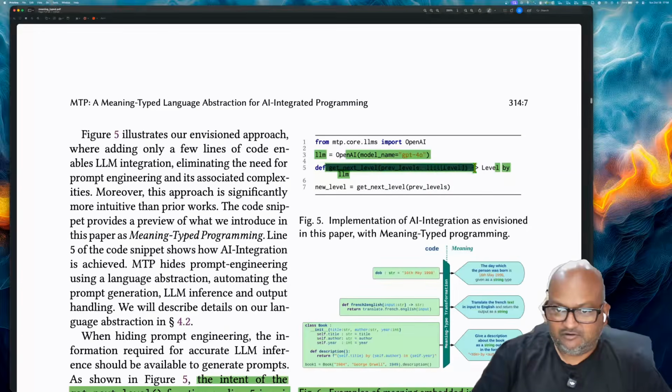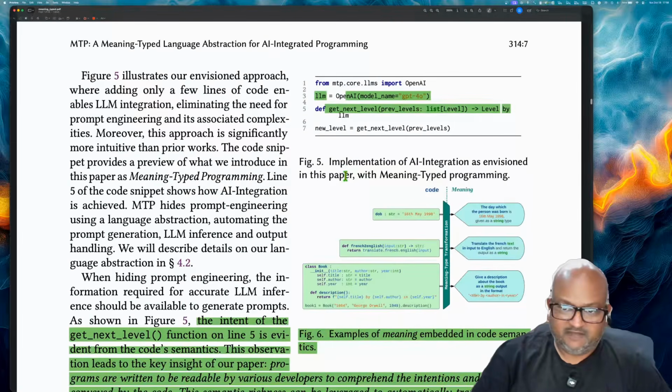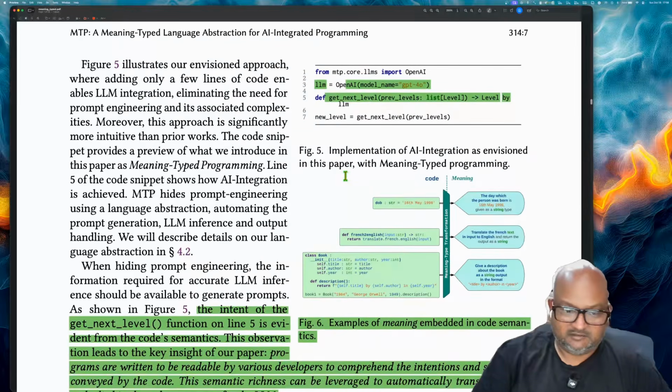So note all the type hints, both for the inputs as well as the outputs. And here's an interesting new thing. The keyword by followed by an LLM reference at runtime. And that's pretty much all you need. So they have abstracted away all the prompting and calling of the LLM and parsing the return value.